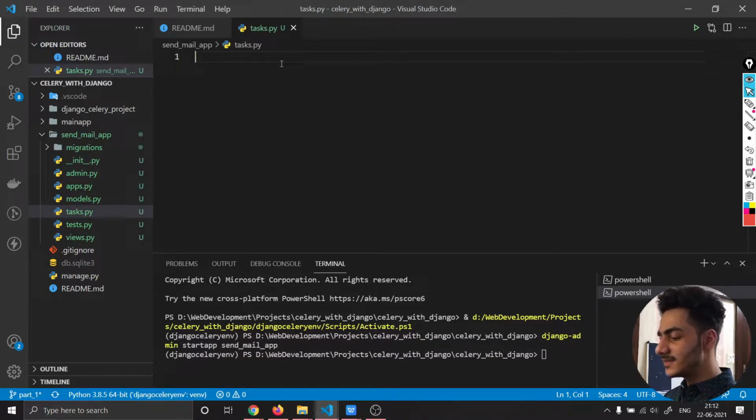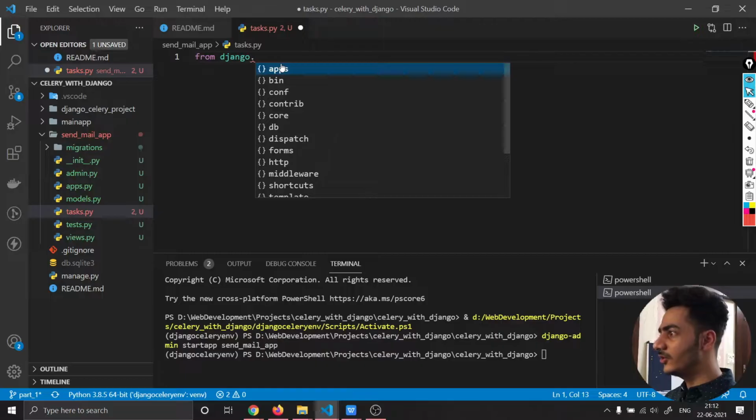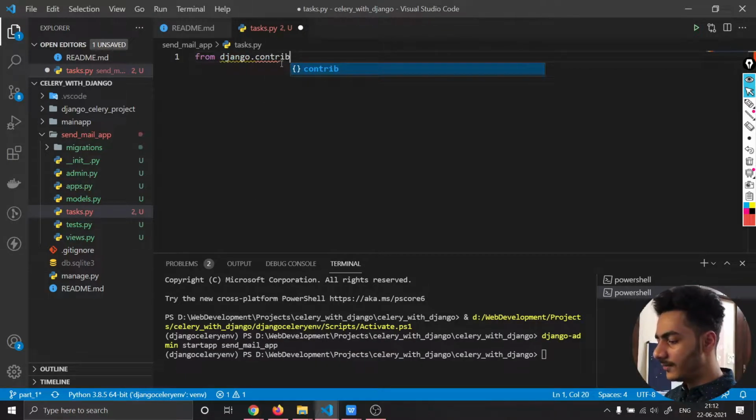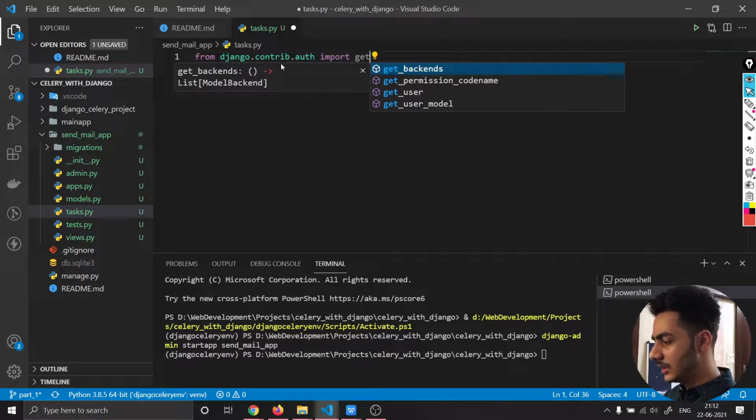And here inside this, I will import the user model. So currently I'm not using a custom user model, I am using the default user model here. So I will import that using from django.contrib.auth import get user model.